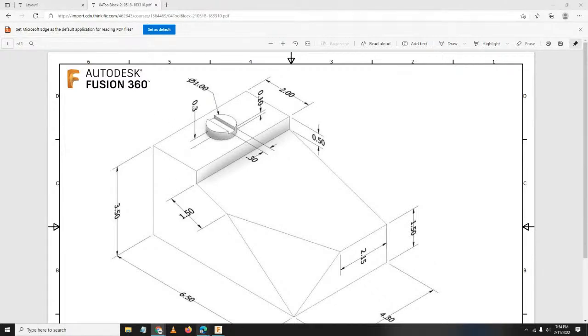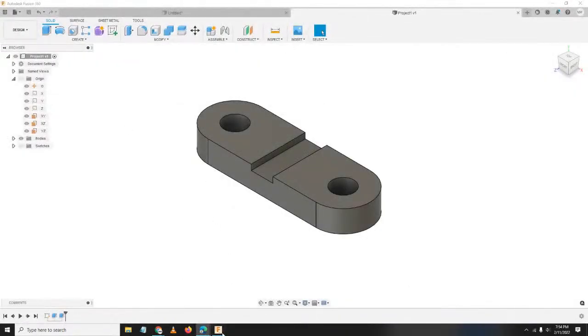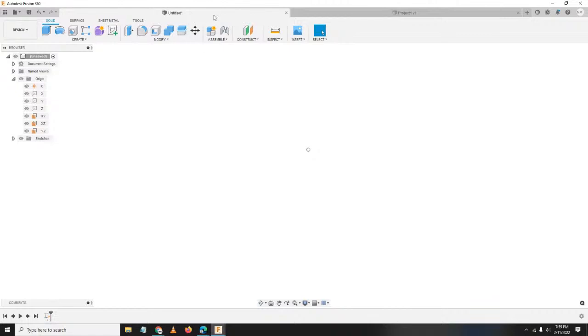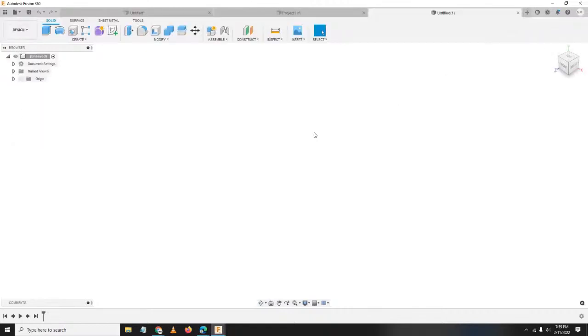Kasi by default, siya po ay naka-millimeter. So, kanina, tayo ay naka-millimeter. Okay? So, start natin tong exercise number 2. So, you can click this plus sign button for new design. Pero since meron akong naka-open na design tab, so doon na lang ako mag-create. Ay, ito pala yung ayaw na ma-open. Sige, let me create new design.